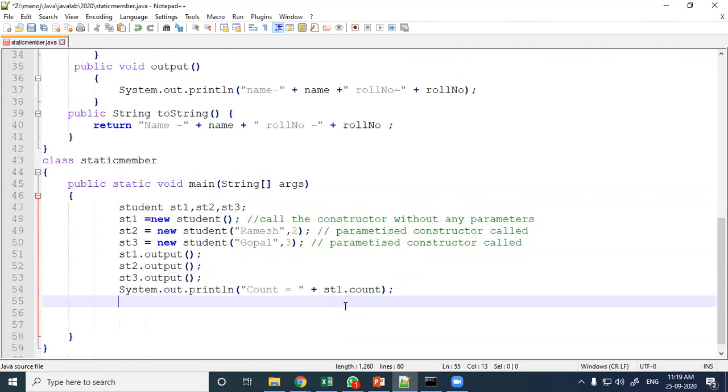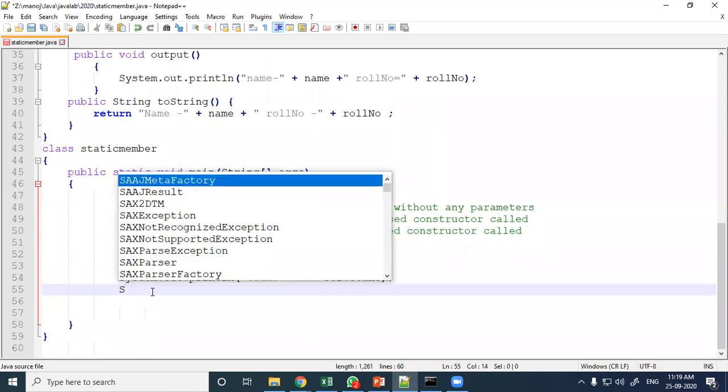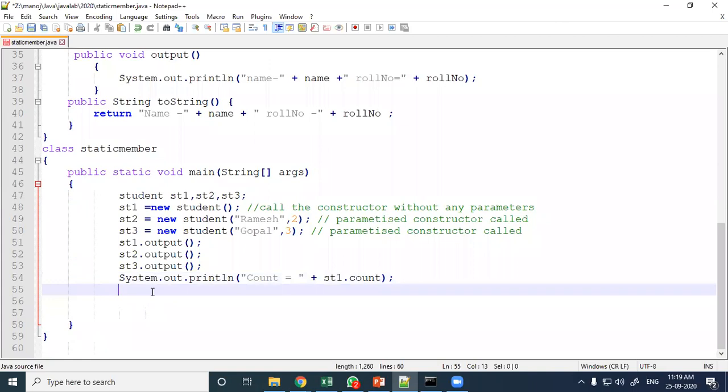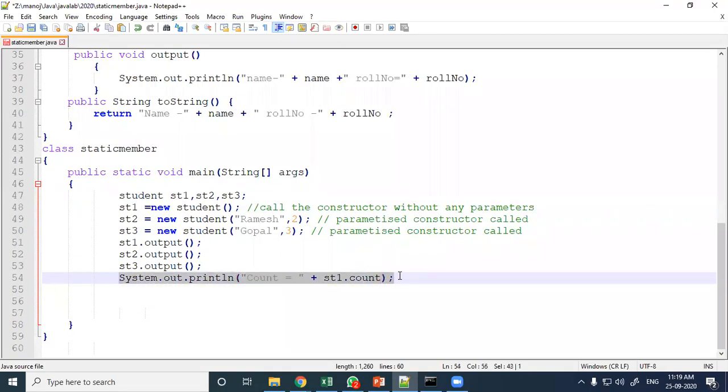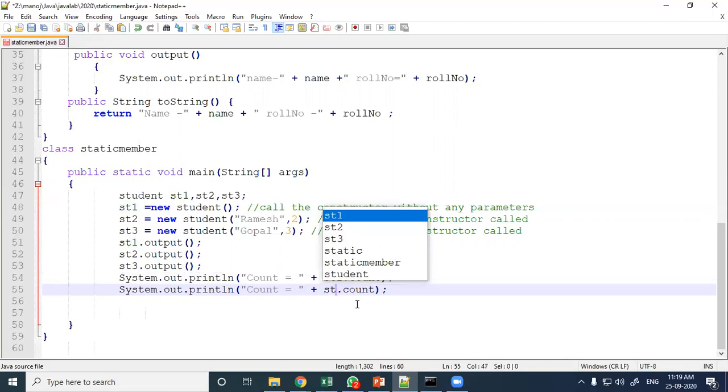I can access it here. So here what will be the output? Next, if I write any other way through which I can access, can I write like this?